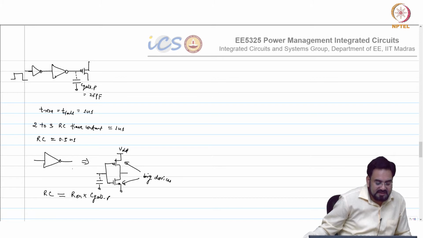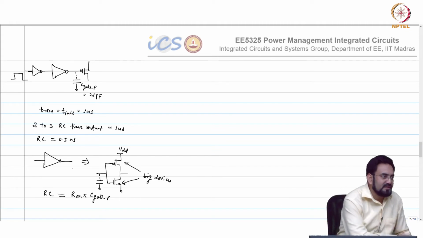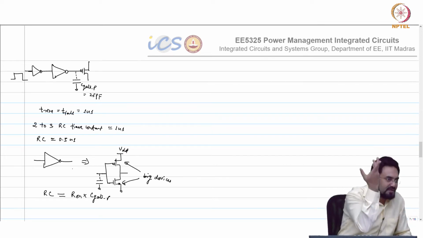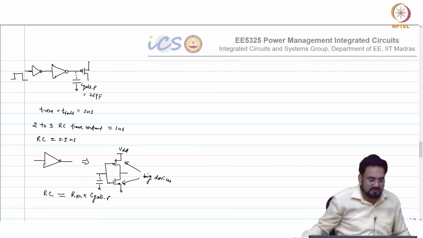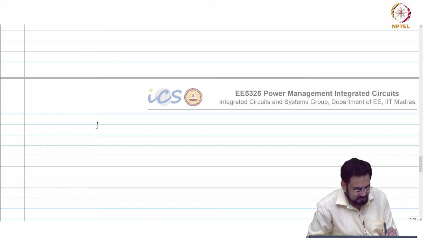Now, if I am looking at 1 or 2 nanosecond here at the gate, that does not mean that each stage can have 1 or 2 nanosecond. That will add a lot of delay, and that will hamper all your non-overlap time, everything. So you have to make sure the previous stage has a rise and fall of around 100 picosecond or so. Whenever you have a chain of these inverters driving your FET, this will be the biggest, then you will have a smaller one, then smaller.